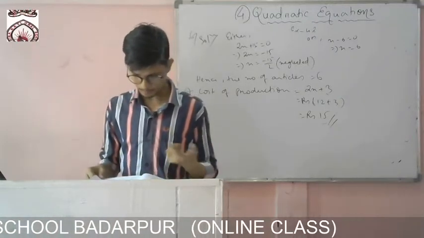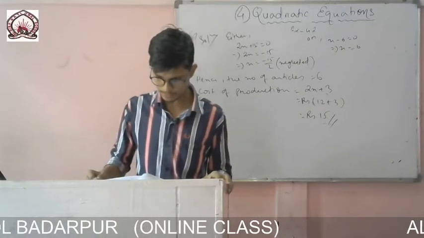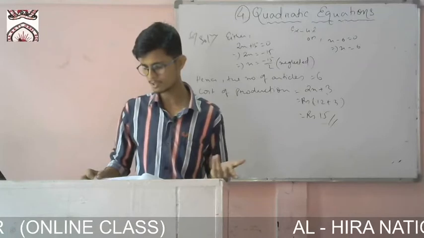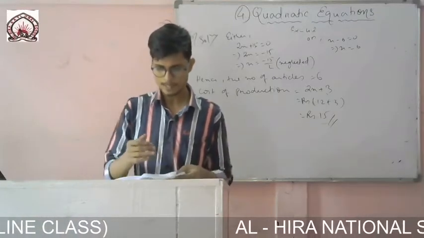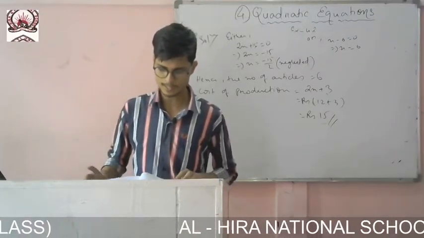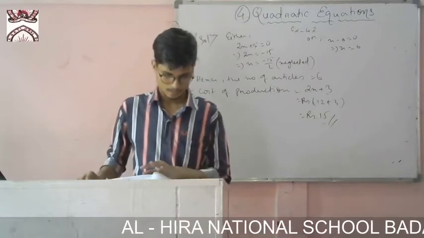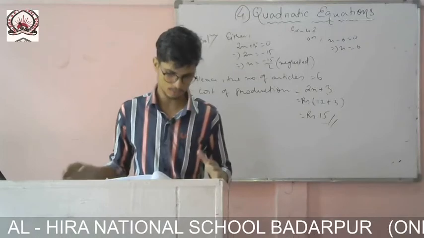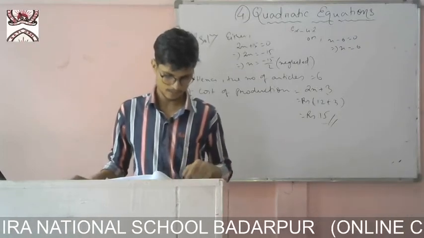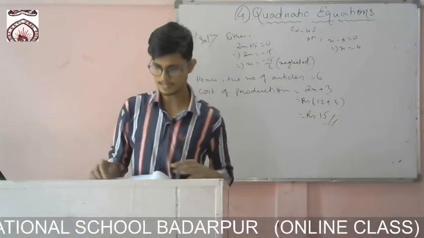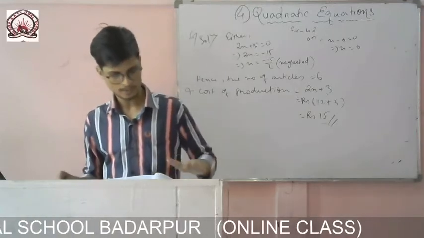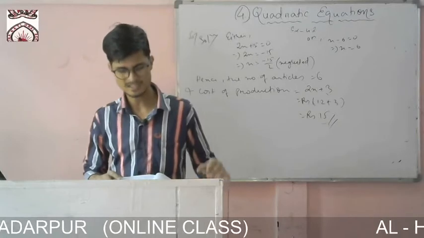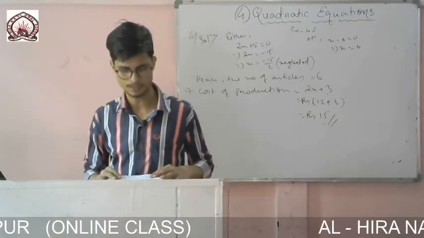Example number 3, you see, you have to find the square root of the following by factorization. Factorization, so many I have shown. In the same way, you just do the middle term splitting and you will get the answer. Question number 5 is also the same. You have to find the roots of the quadratic equation. You do all the examples very nicely, because in the exam questions often come from the exercise or from the examples. If you practice this nicely, even extra questions you can easily attempt.